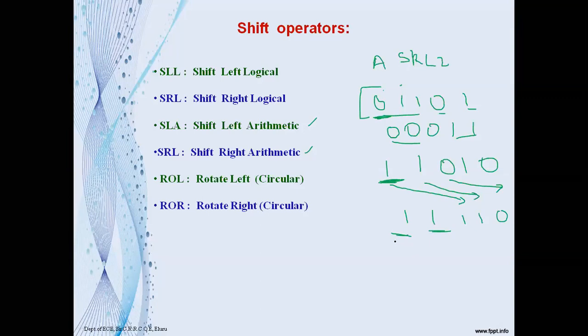And what about the shift left arithmetic? In the shift left arithmetic, you will fill the vacated bits on the right position with the most significant bit. So in the right, which is the most significant bit? This one, say. So this will be filled into the vacated bits here. So you can take the example here. 0, 1, 1, 1, 0, 1, 1, 0, right? Now you are performing the operation shift left arithmetic.